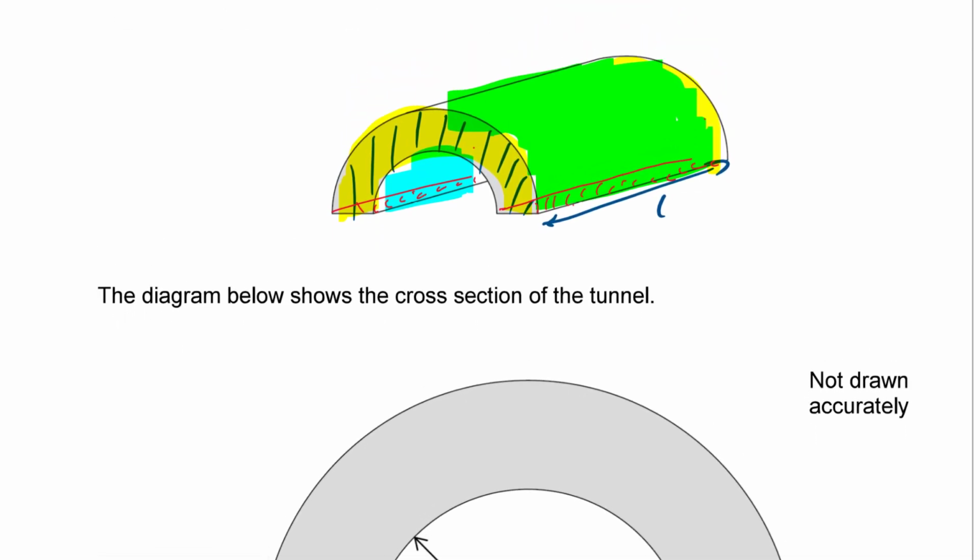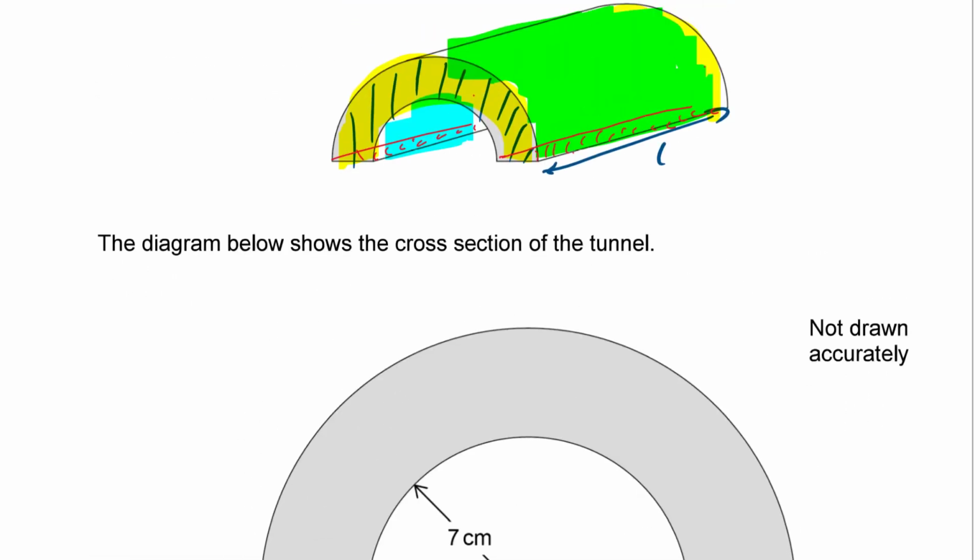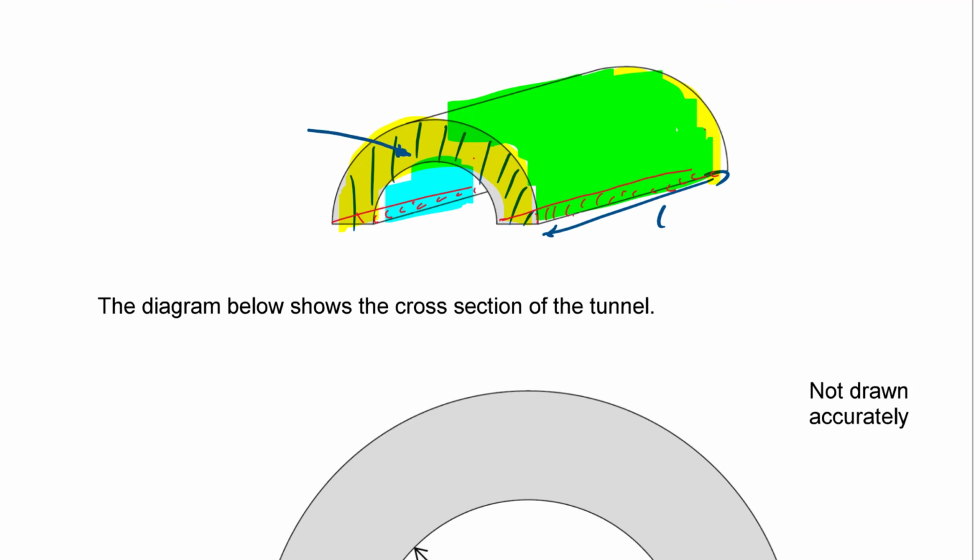So this is quite a long question. Well, we're going to have to get stuck in. Let's get busy with it then. So let's start with this bit here, this kind of C-shaped part. So that is going to be half of a circle with a smaller circle cut out of the middle, isn't it? So it's going to be half of the big circle, which I'm going to get with pi r1 squared, take away the smaller circle in the middle, pi r2 squared, which is going to be half of,